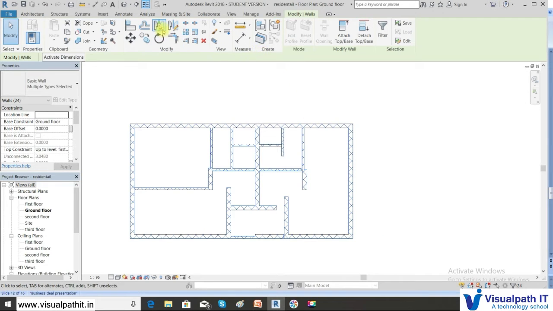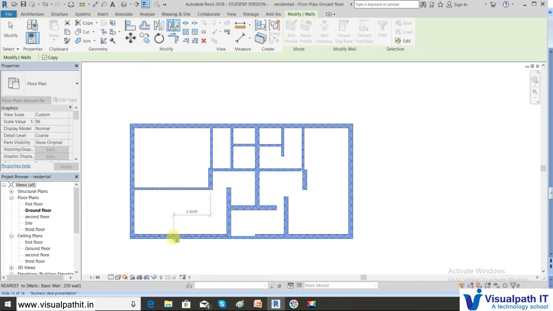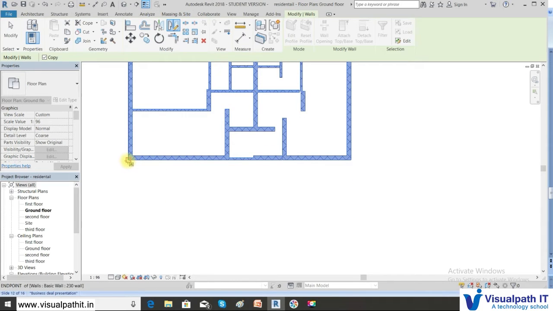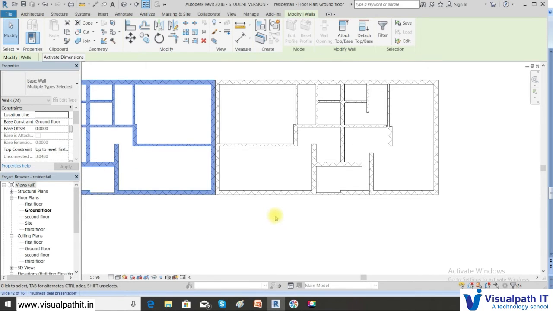So here you see there are two options: mirror pick axis and mirror draw axis. So pick axis, draw axis, click the option. Now you can select the pick point, and from here you can select and the object gets mirrored.